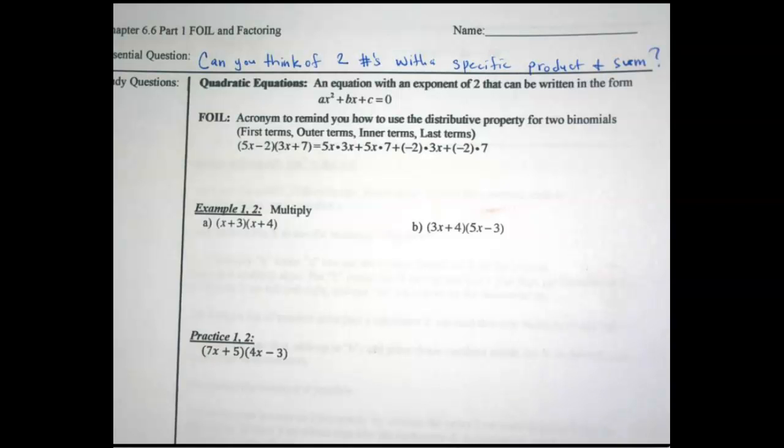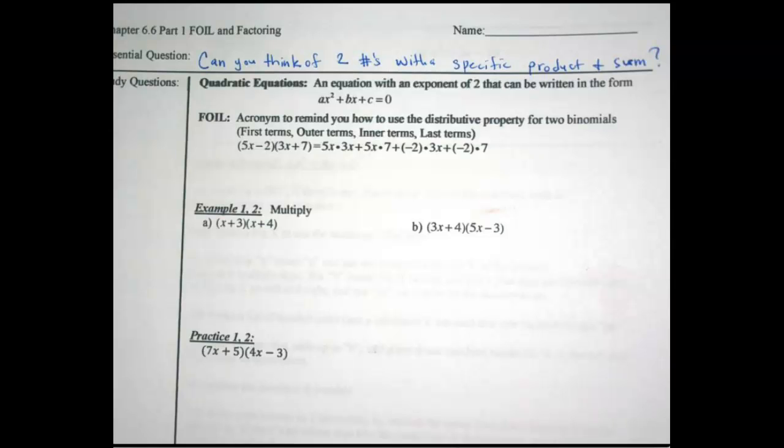Okay, guys. So this topic here eventually leads to a certain type of equation solving. That's why it falls into this chapter, because it's a type of equation that we can solve. But it starts out with just multiplying binomials using either FOIL or box method, and that's what these first couple